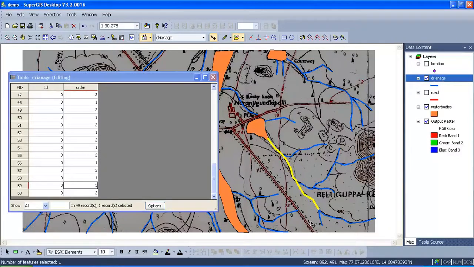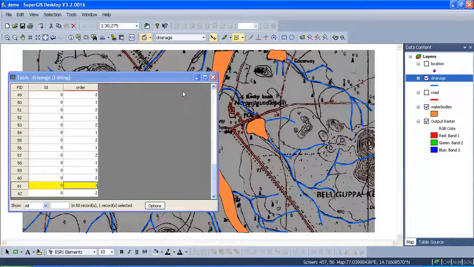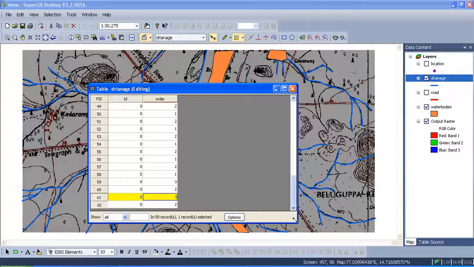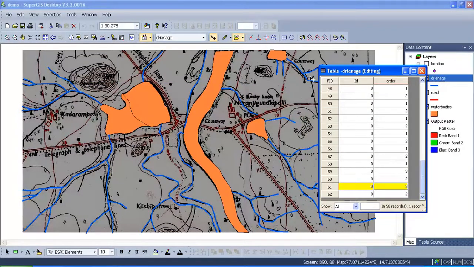Now you can see another case. Here this is first second order, and this is first second order. It is joining somewhere here, so that means I need to create one more vertex here. So split it here. Okay, now this becomes 3. So do the editing, cross check with all the network, and then finally save the file.